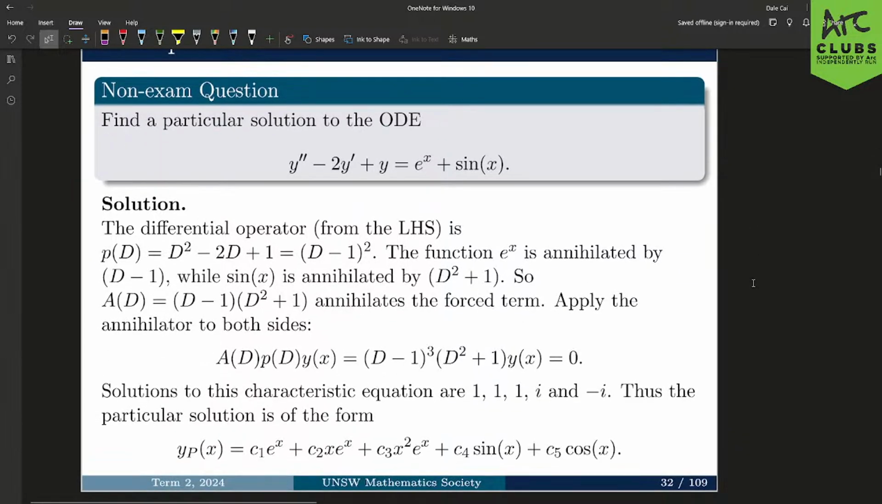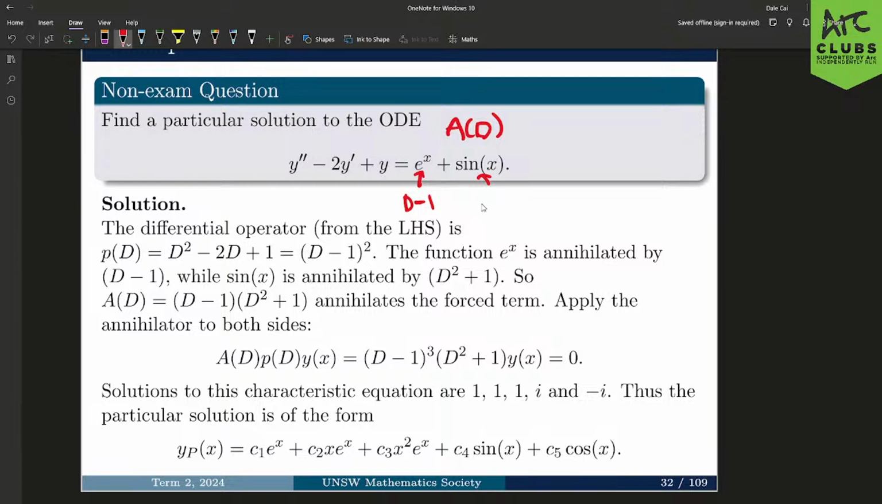Okay, the solution's shown, but that's okay. The idea is I want to find an annihilator, so a combination of derivatives that annihilate the right-hand side. Since e to the x, as I mentioned before, is annihilated by D minus 1,